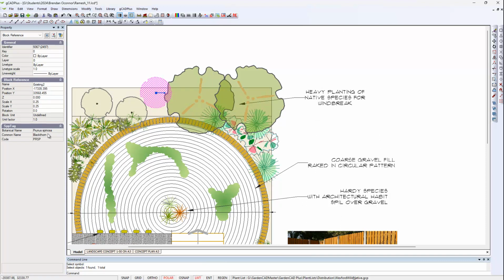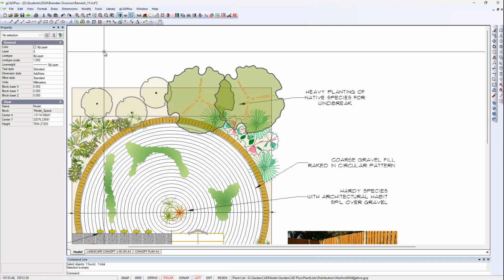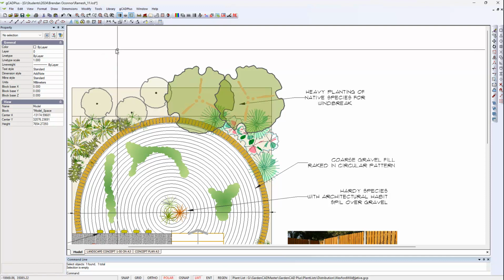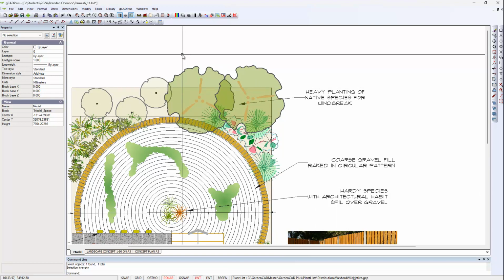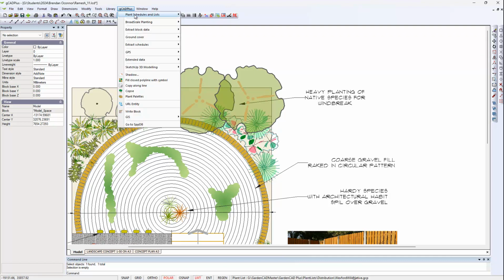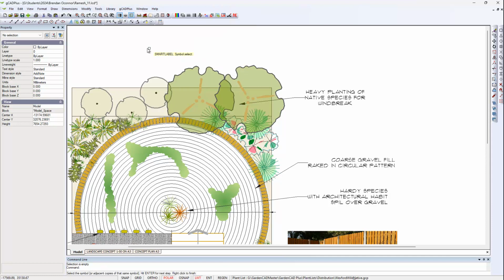We click this one here, down in the tag area, it tells us that it's Prunus spinosa, blackthorn, and the code is there. The fact that the code is already there does enable you to label with a leader, rather like you see here, and just label automatically. We'll give it a try, but I haven't tuned it. And we can say smart plant label. The prompt says pick